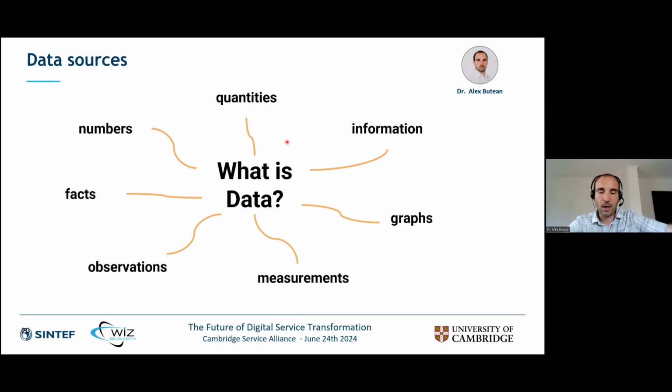Now, data can be numbers, quantities, information, and so forth. But every time we had difficulties in integration of our projects, we came back to the very basic question: what is data for you? What is data for me? What is data for our client? If we are able to properly identify these things, then the products and services we are trying to integrate in complex systems become more understandable from a human perspective.